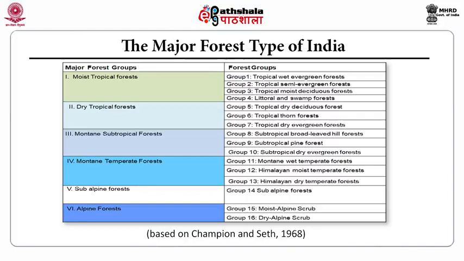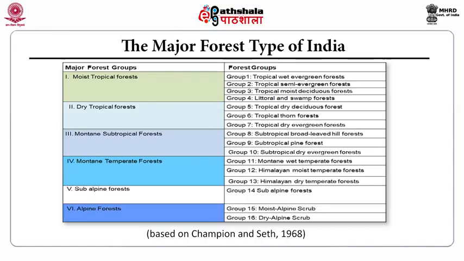In this table, the major forest types of India have been described. Group 1 is the tropical wet evergreen forests, group 2 the tropical semi-evergreen forest, group 3 tropical moist deciduous forest, group 4 littoral and swamp forest, group 5 tropical dry deciduous forest, group 6 is tropical thorn forest, group 7 tropical dry evergreen forest, group 8 subtropical broadleaf hill forest, group 9 subtropical pine forest, group 10 subtropical